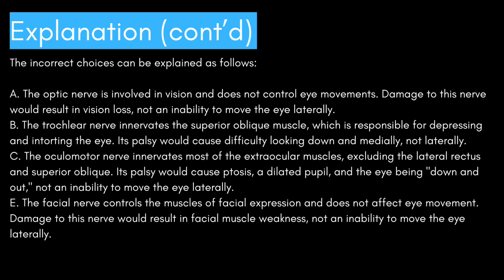B. The trochlear nerve innervates the superior oblique muscle, which is responsible for depressing and entorting the eye. Its palsy would cause difficulty looking down and medially, not laterally. C. The oculomotor nerve innervates most of the extraocular muscles, excluding the lateral rectus and superior oblique. Its palsy would cause ptosis, a dilated pupil, and the eye being down and out, not an inability to move